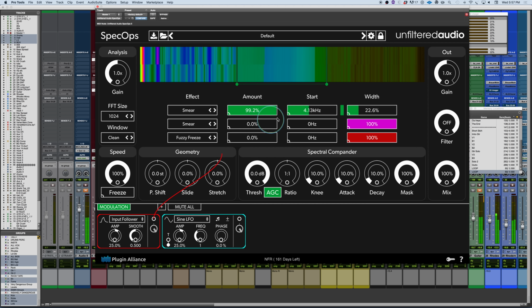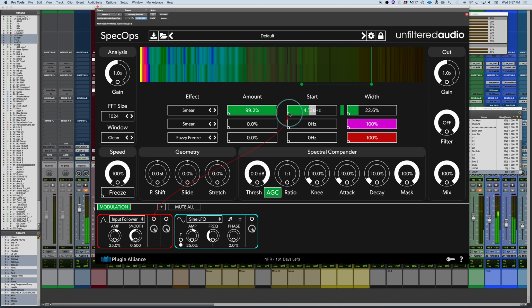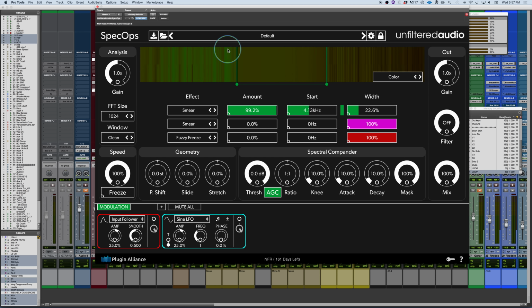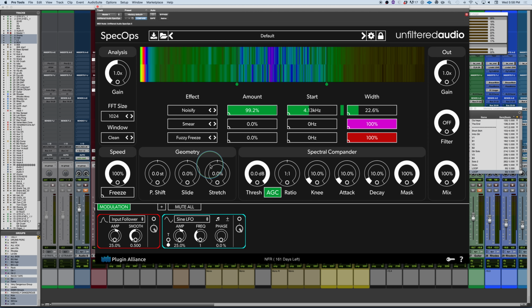And then you get to other kinds of effects that are focused within particular ranges, so if I started toggling through different types of effects, some of them will have different